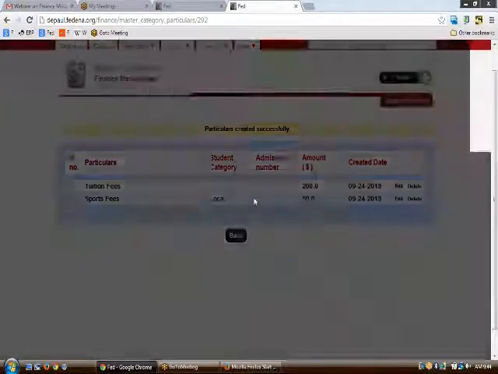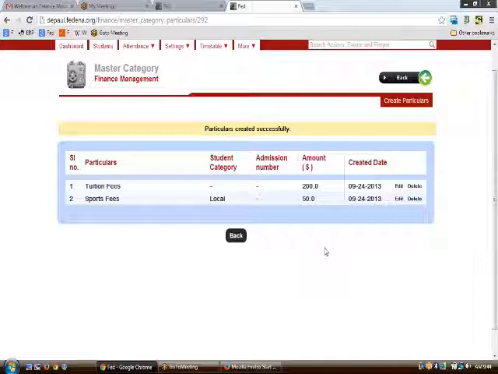So as we can see in the scenario created, we have 200 dollars as fees for tuition, against tuition fees, and when it comes to sports fee, only the students who belong to the local category will be paying 50 bucks extra.